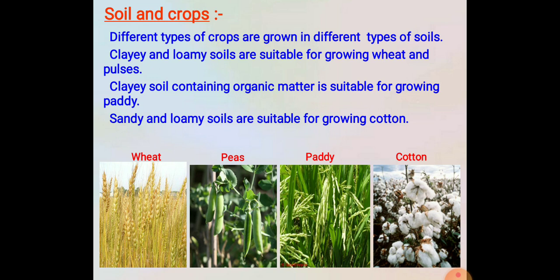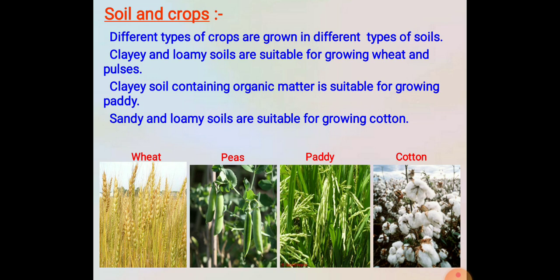Loamy soil or sandy loamy soil can hold plenty of air and drain out water, so it is required for growing cotton. Clay and loamy soil have good water retaining capacity, so they are suitable for growing cereals like wheat and gram. So different crops need different kinds of soil.